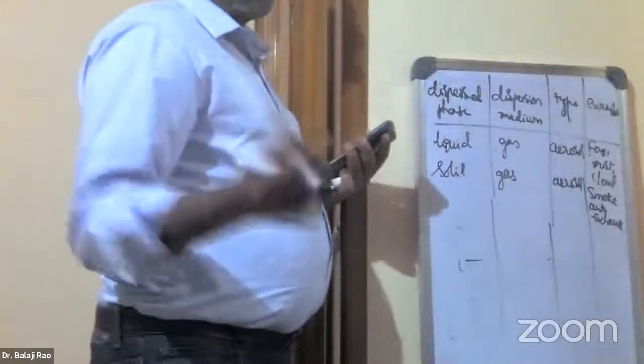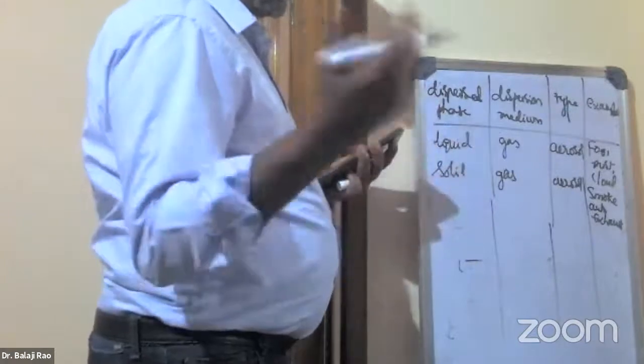All right, so we have a liquid and a gas. It's called aerosol. Aerosol, fog, cloud, mist, etc. You have a solid in a gas. This is again an aerosol. It's called a solid aerosol. The example that you very commonly come across: smoke and automobile exhaust. We mentioned about this. Even the smoke coming out of a burning piece of wood, or the exhaust gases of a car.